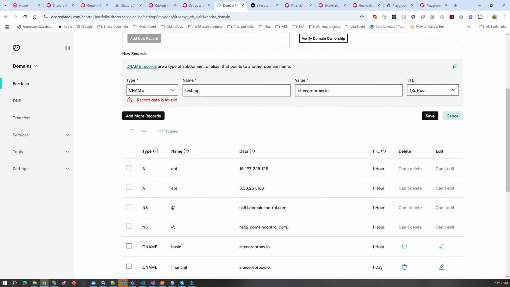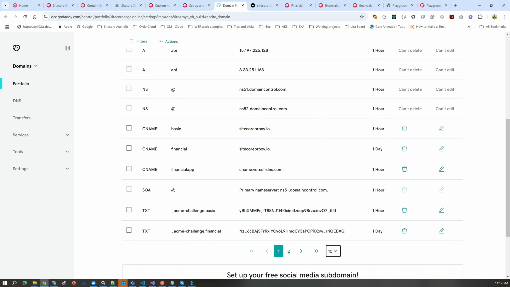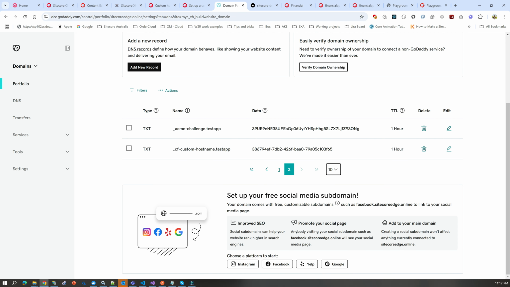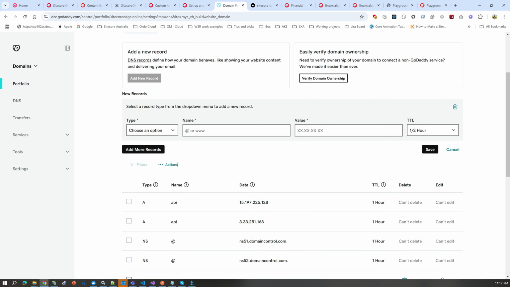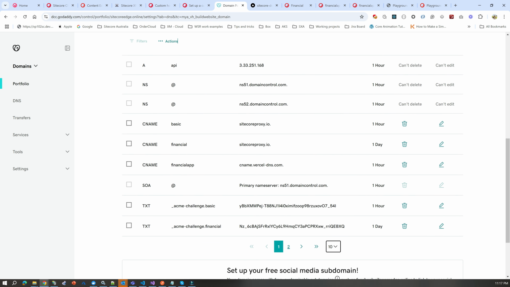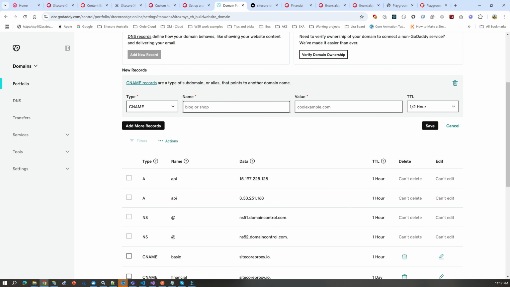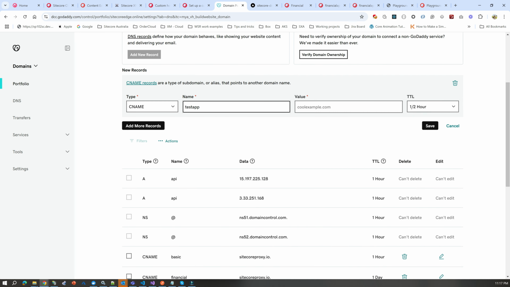Sorry, why does this record say invalid? Let me see if I have any other record like this. No. Then new record, CNAME. So if you see any of the CNAME, something like this, here I would say test app. Is it test app? Test app, yes. So I just need to say test app, copy this one, and then here I need to